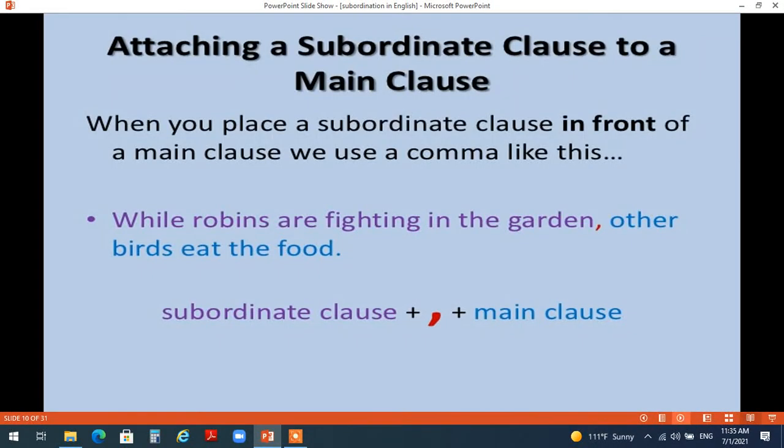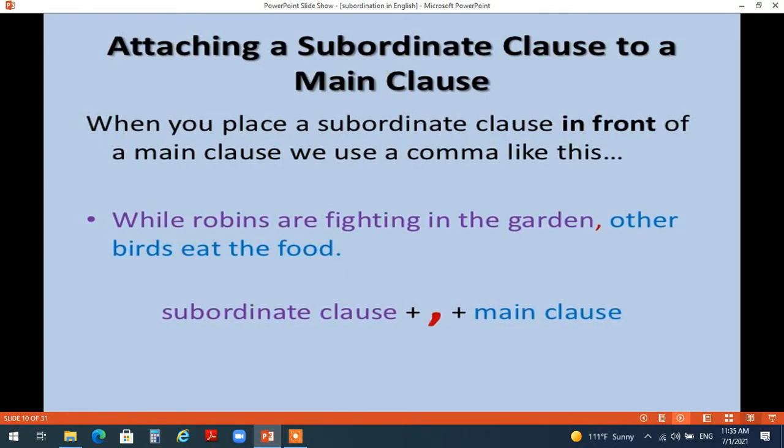Now, attaching a subordinate clause to a main clause. When you place a subordinate clause in front of a main clause, we use a comma like this. While robins are fighting in the garden, other birds eat the food. So, when you use the subordinator at the beginning of the sentence, you start a sentence by using a subordinator. In this case, you need to put a comma to separate the two clauses, to separate the dependent clause